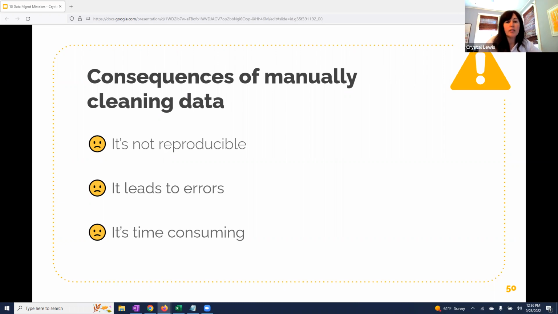Or think about how much time is lost if someone gives you a raw data file and you clean it by hand, and then they come back to you and say, whoops, I left off 5 participants in that file. Here's a new file. You have to start all over again. Whereas if you had code, you would just run your code again and bam, data's ready in seconds.